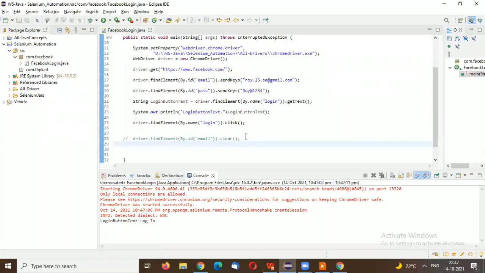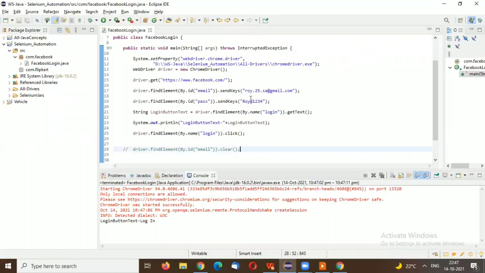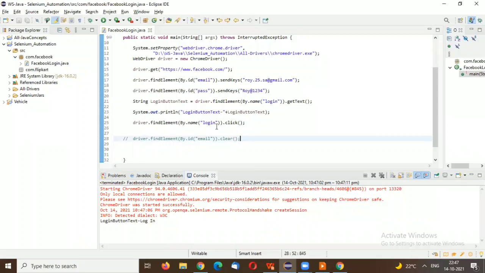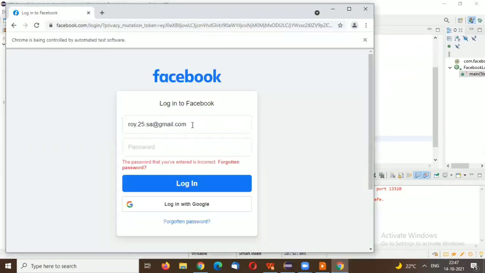But whenever you log in at facebook.com, as we have seen in the last lecture, we need to verify that the automation script successfully logged in with facebook.com or not. Whenever you are in front of the screen, you see the execution entering the user ID, entering the password, and clicking on the login button.